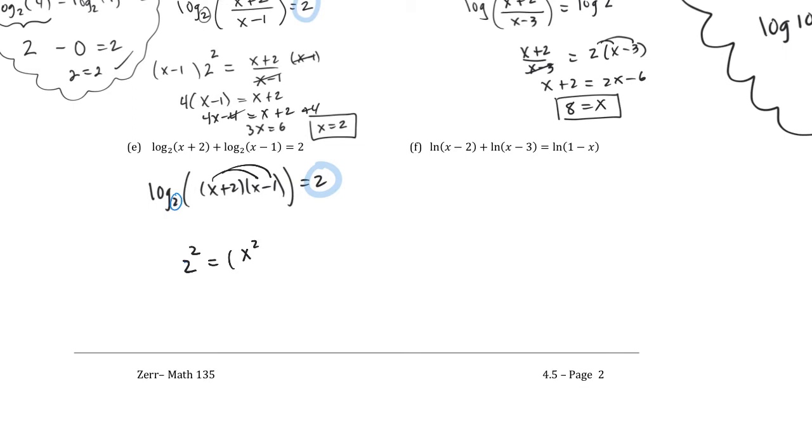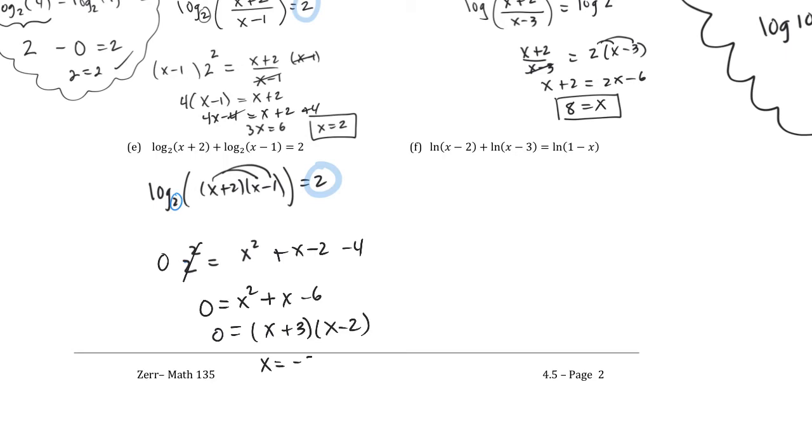So x squared, I don't need that parenthesis. Okay, so x squared minus x plus 2x, that would be plus x, minus 2. And then this is 4, so we'll subtract 4 and set this equal to 0. And x squared plus x minus 6, we can factor that. Let's see, let's do 3 and 2. Then using our zero product property, we get potential solutions of x equals negative 3 and 2. And then when we go to check,